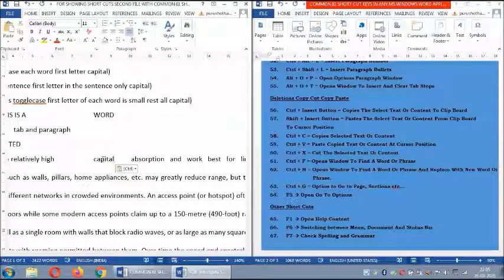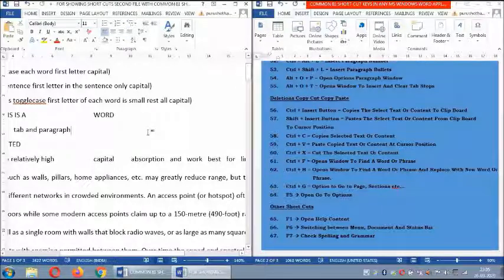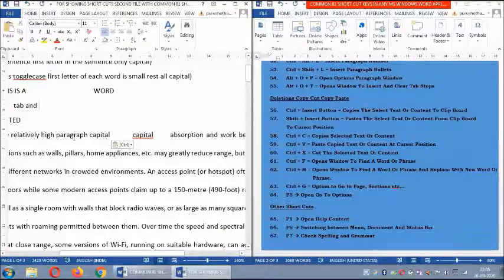Shift Insert is to paste the copied content, and Control Insert is to copy the content. In the same way, after selecting the content, Control C copies and Control V pastes. In place of Control C and Control V, you can use Control Insert and Shift Insert. And Control X is to cut the content from its place to be pasted elsewhere. So I select a paragraph and press Control X. It has been cut from there. Then I move the cursor somewhere in between and press Control V. So it has been moved from here and came back to here.